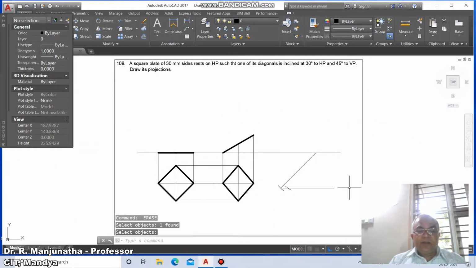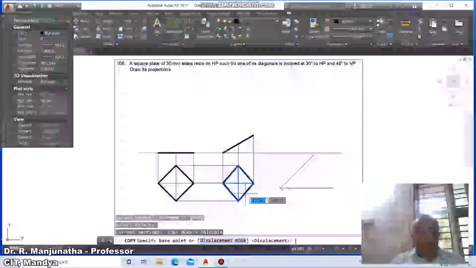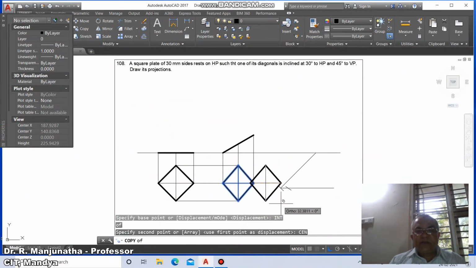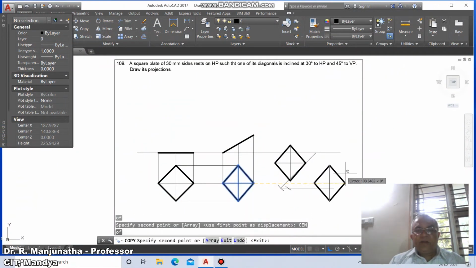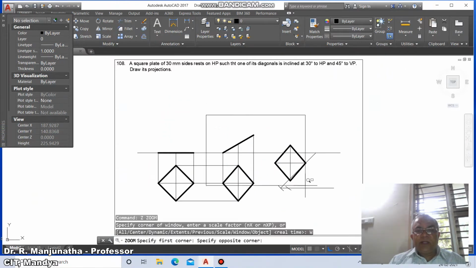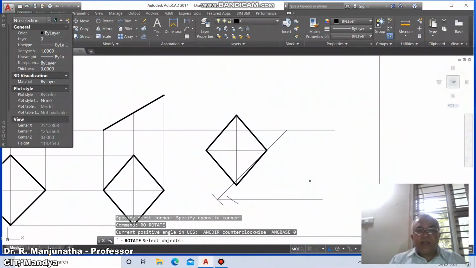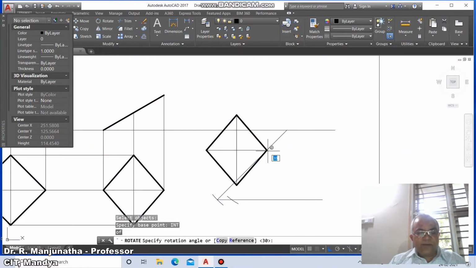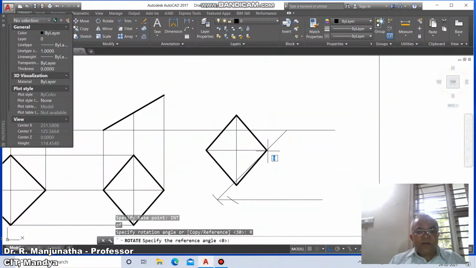Once you do that, then go to copy, select this entire group, take intersection point of this and take center of this. Then go to rotate, select this, take base point, intersection of this, and then go to reference or specify rotation angle.